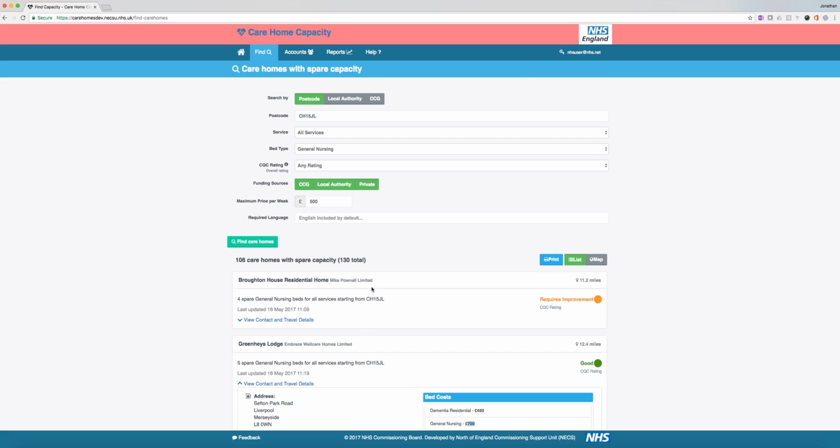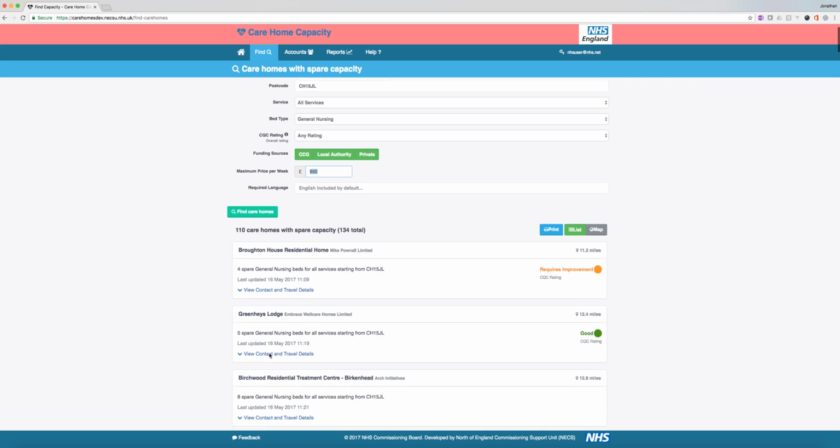I may want to, for example, just tell the system that I've actually got a bigger budget. I may have a conversation with family members, and I may be able to go to £650 per week. I would expect that number to increase. Not quite sure what to expect with dummy data, but yep, it's gone up by 4 care homes because I've increased my budget by another £150 per week. Green Haze is still there, so it must be further